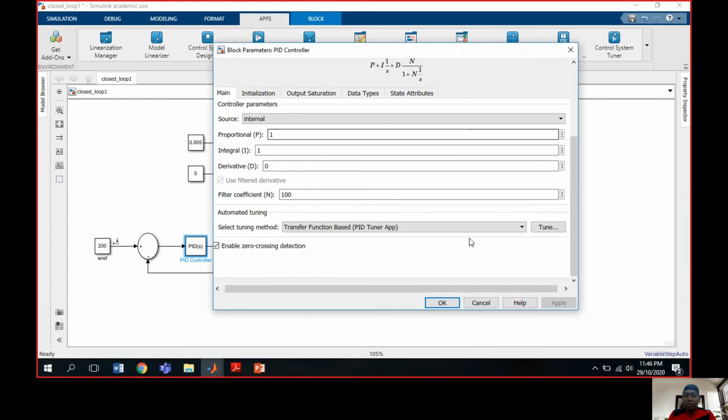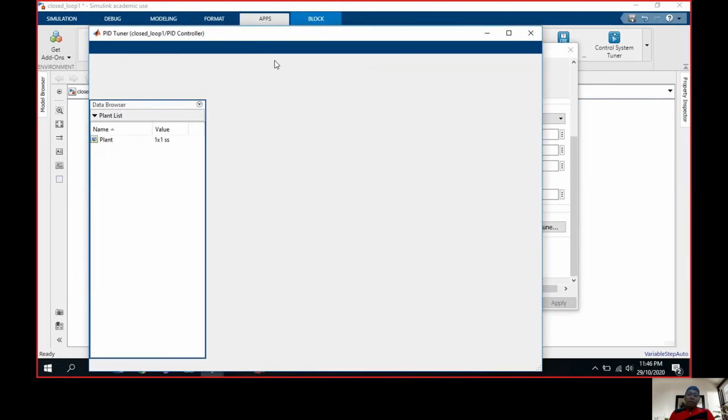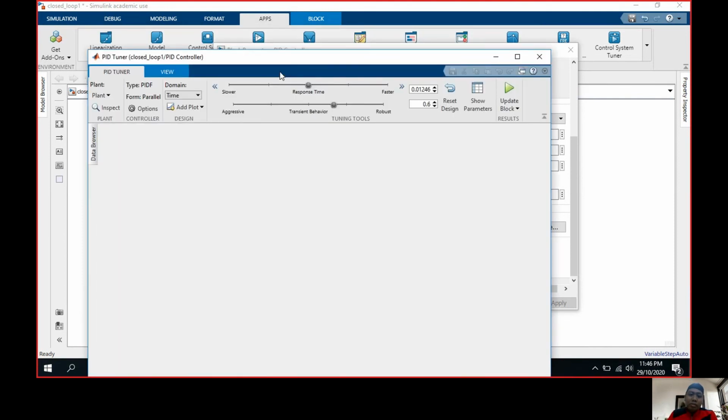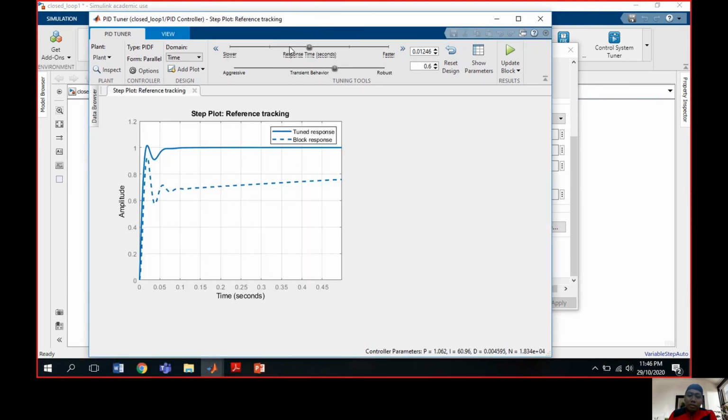Then we show the PID tuner as the PID controller result. Then we show the graph for the response time.